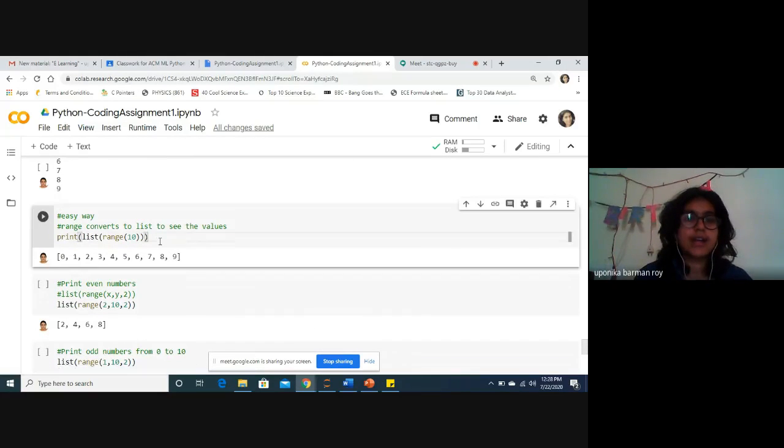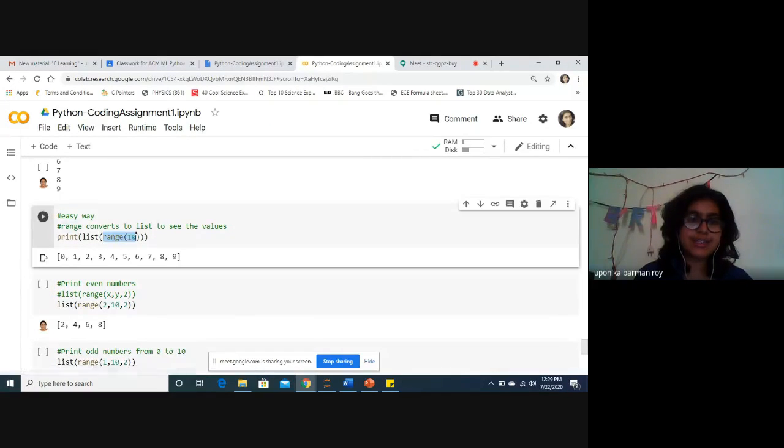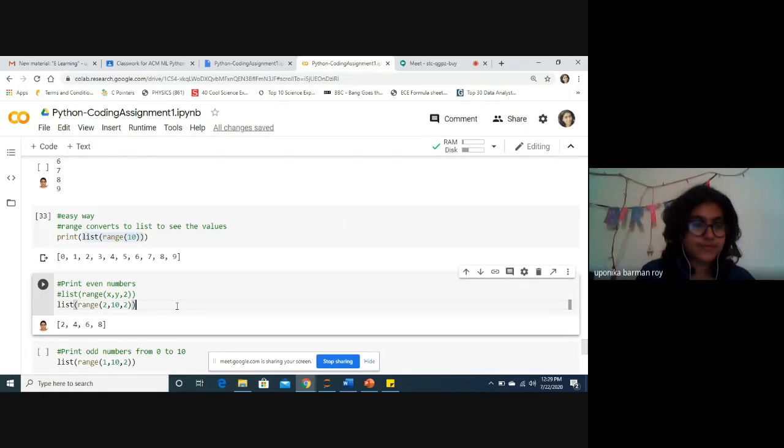And if you want to keep all the range elements, because in range all the elements will come sequentially, one by one, but you want to take them into a form of list, then you just put your range into your list function so that you will get all the elements together in a list form. Here you can see my range value is 10. That means from 0 to 9, I will get 10 elements. And I'm putting this inside one list variable so that I get it in the form of a list.